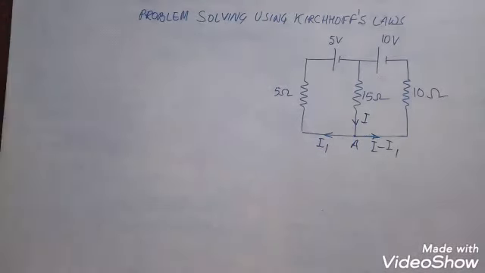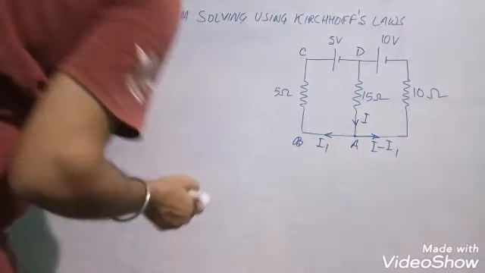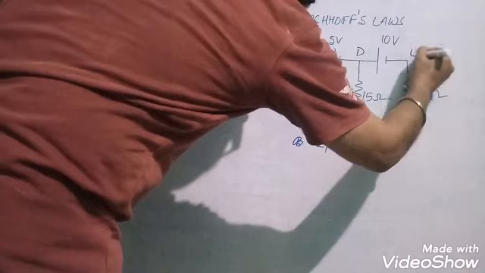So we have distributed the current in the circuit by using Kirchhoff's junction rule. At point A, the total incoming current is equal to I and the total outgoing current is I1 plus I minus I1, which is also equal to I. So we have done current distribution in accordance with Kirchhoff's junction rule. Now what will we do? We will apply Kirchhoff's loop rule and we will write equation corresponding to each of the two loops A, B, C, D and A, D, E, F.